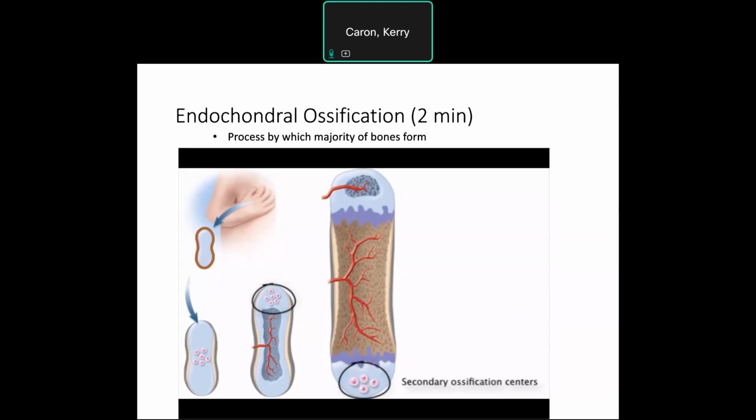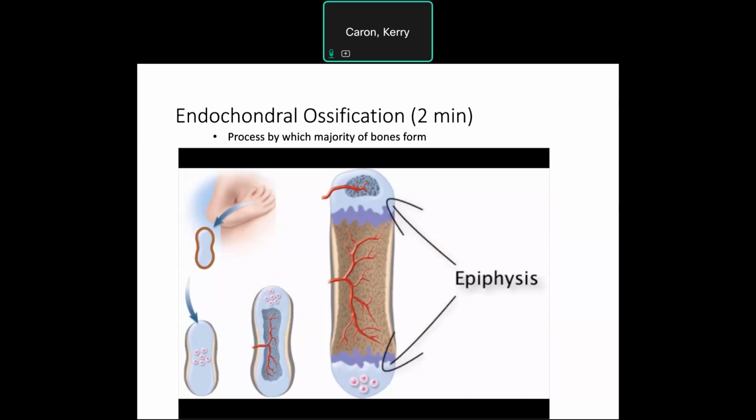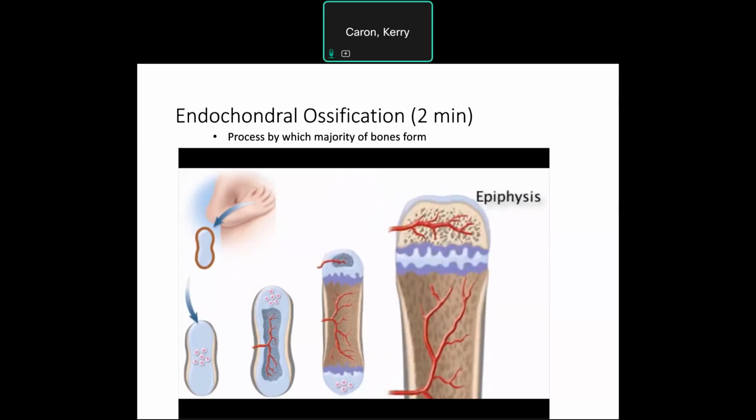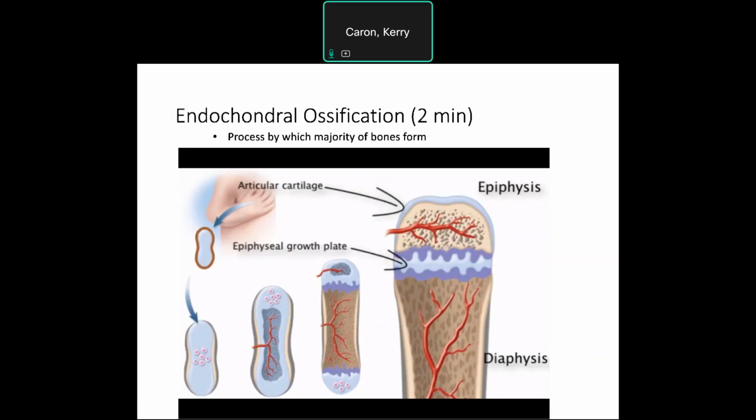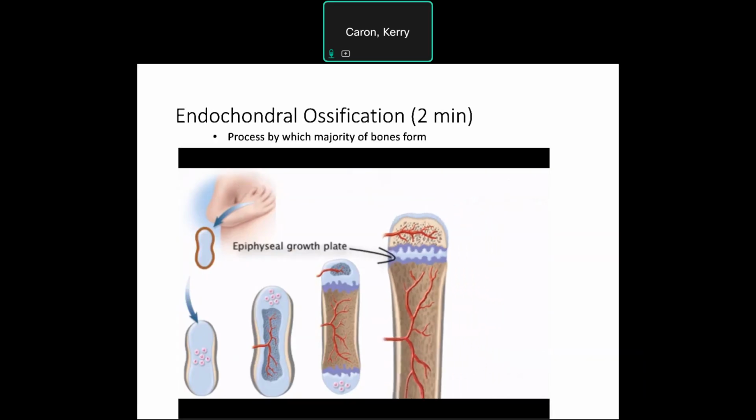Each end will become an epiphysis, filled with spongy bone. The epiphyses have their own blood supply and maintain a cartilage ring around themselves, the cap of which becomes the articular cartilage of a joint. The cartilage separating the epiphysis from the diaphysis is the epiphyseal growth plate that allows these bones to grow in